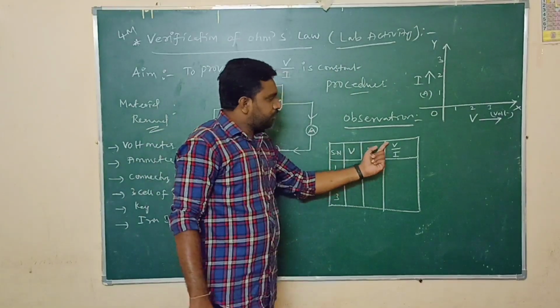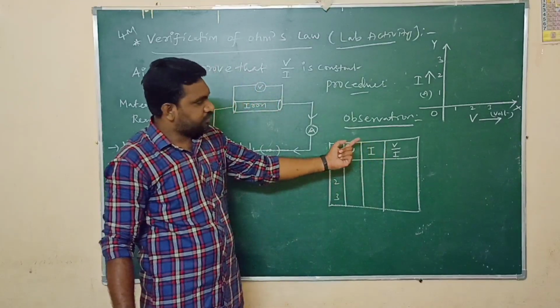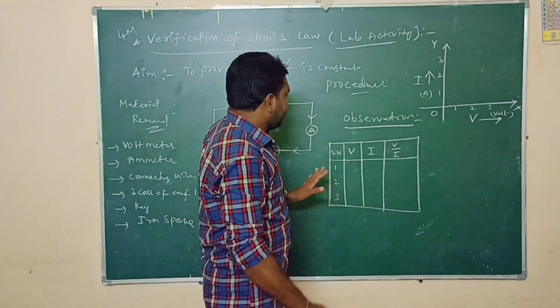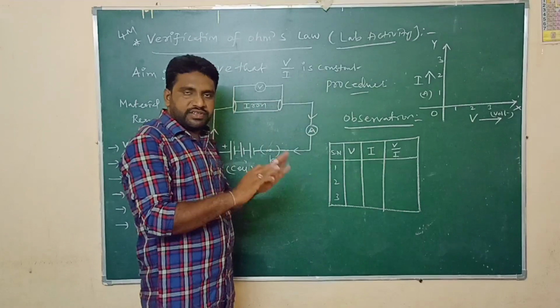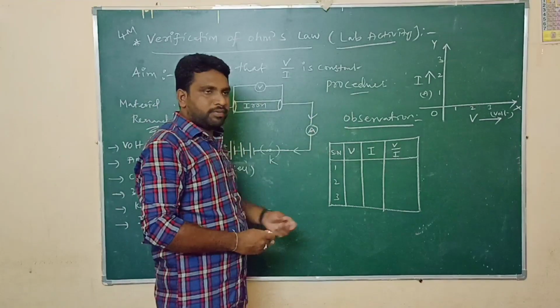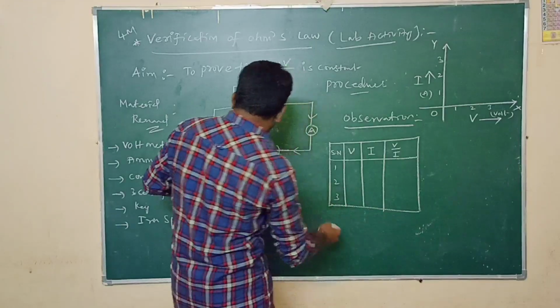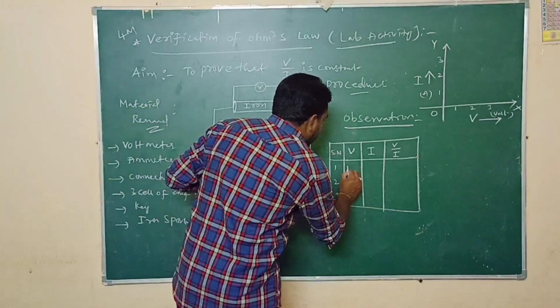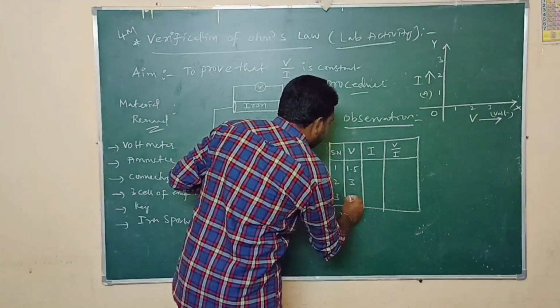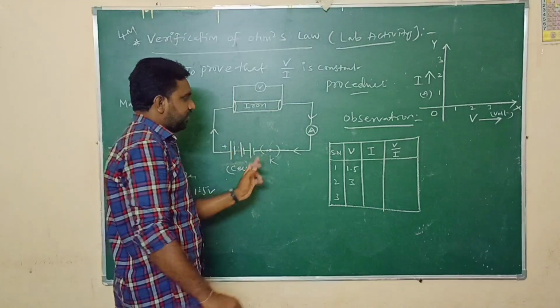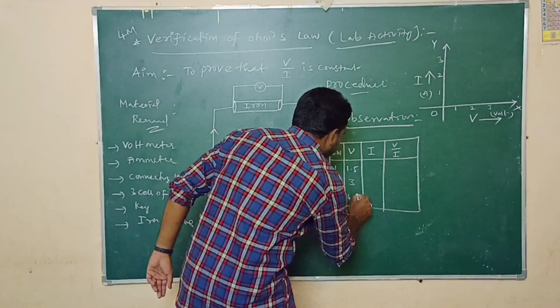So the ratio between potential difference and current remains constant. That means you should not substitute any values in the examination. For the understanding purpose, I am going to substitute the values here. So like this we are getting the values. Here 1 cell connected means 1.5 volts, 2 cells in series means 3 volts, 3 cells means 1.5 plus 3, it's nothing but 4.5.